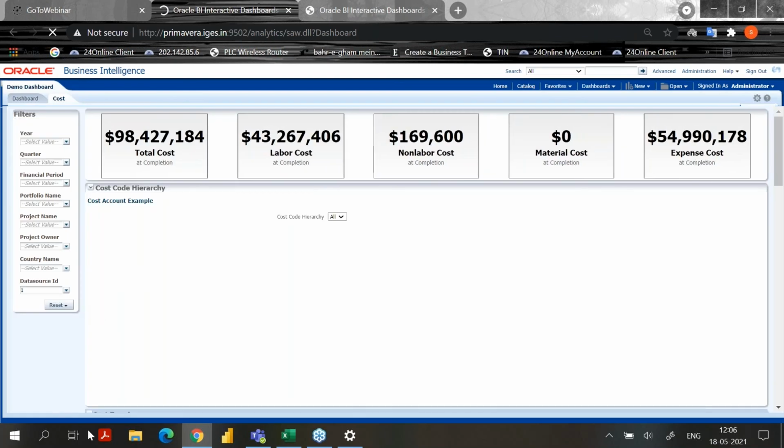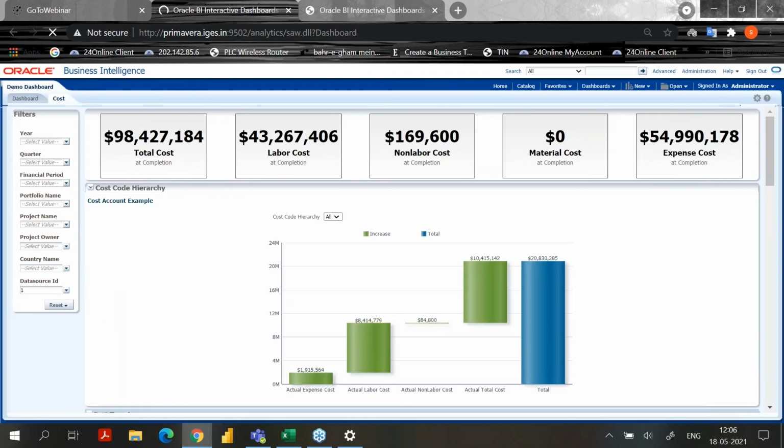This is a dashboard based on the cost part, and this is one of the features of analytics. Suppose you want to see only by project name or project owner, all the progress the project owner is having, or project name, portfolio name, or financial period.